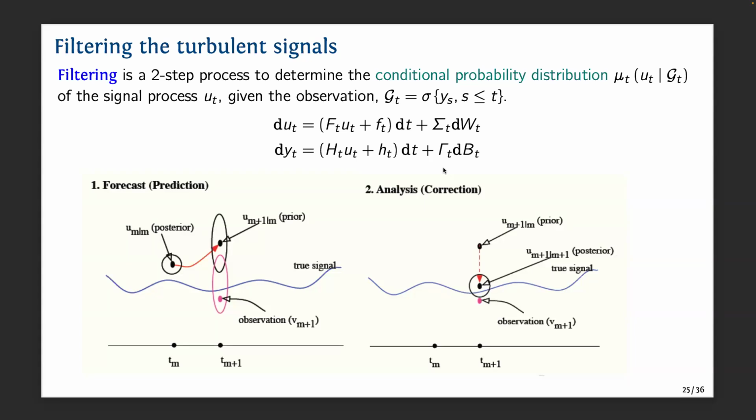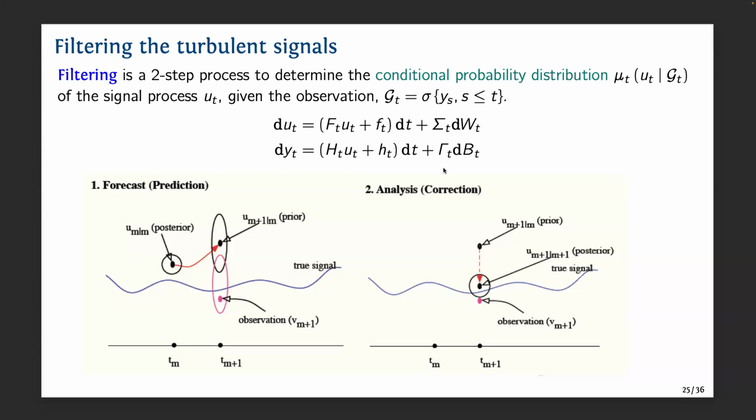U is the truth we want to approximate. You can view this as a realization of the weather event or any state you want to predict, and the model is this SDE to approximate that. So we start with a distribution and run this model. It gives us another distribution from this forecast model. Of course, there's randomness and instability in the model, so the uncertainty will grow when we integrate the system in time, right?